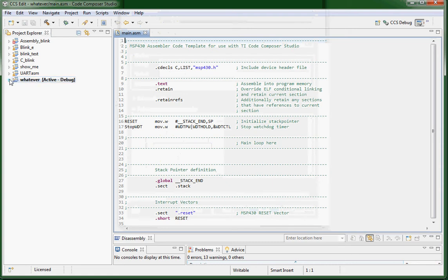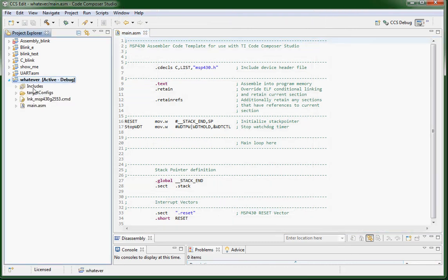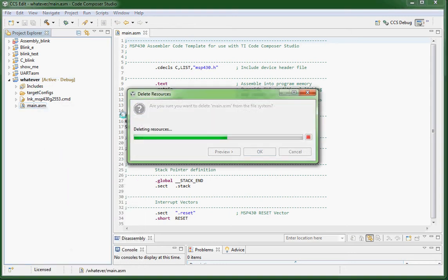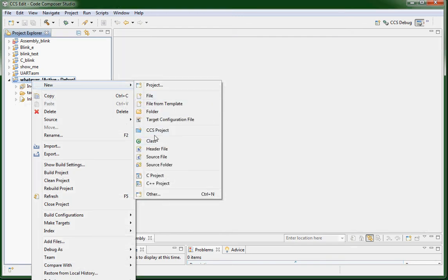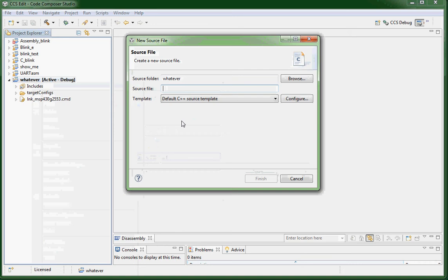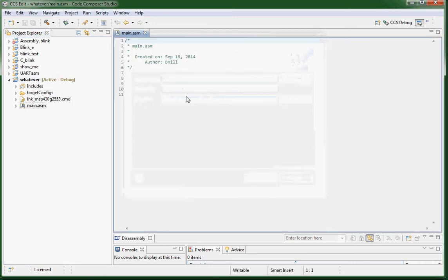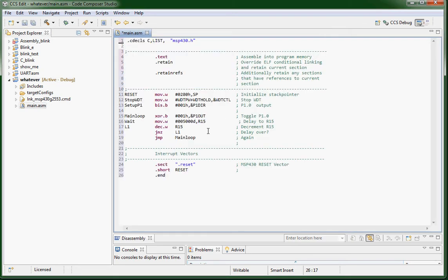Now in 5.4, right here, this is selected as the active project, the one that's going to compile. 5.4 gives you a main.asm file, but I do not believe 5.2 does. So you're going to have to go, let me do this for you. I'm going to delete this. We're going to add a new one, and we're just going to call it a source file. So there it is, and I have some code that you can paste in here from previous, but it's on